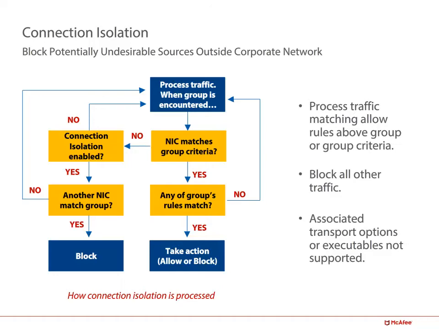So I decide, you know what, there's a little coffee cafe right next to my building, and my wireless can actually connect to that wireless network. So I'm thinking, I'll just connect to that and see if I can get to that website. Well, if you have connection isolation enabled, what will happen is you have traffic that I'm trying to send